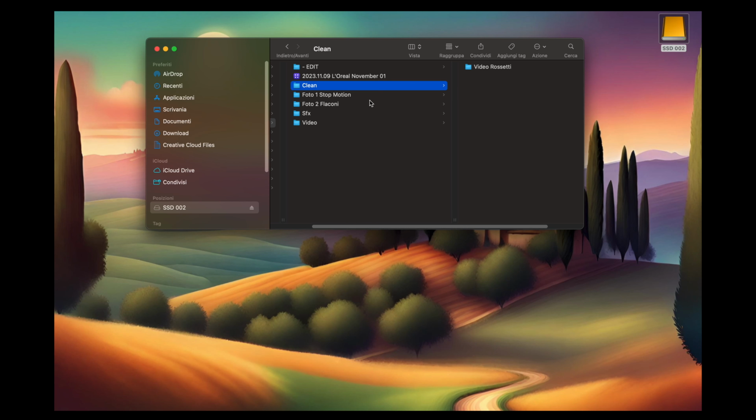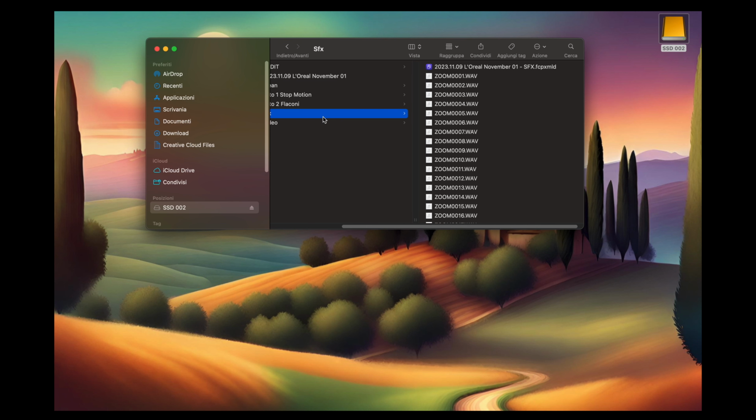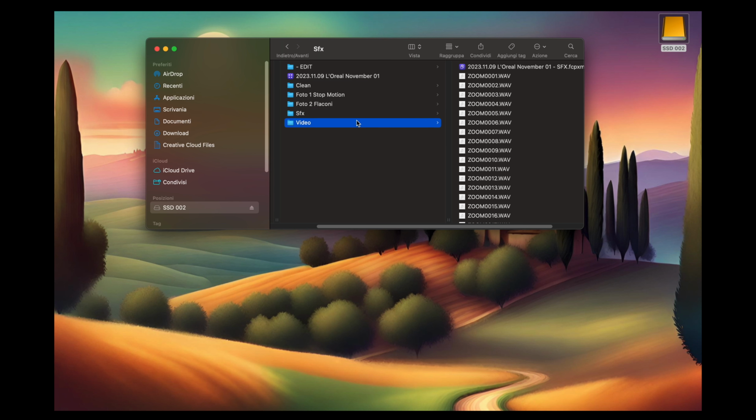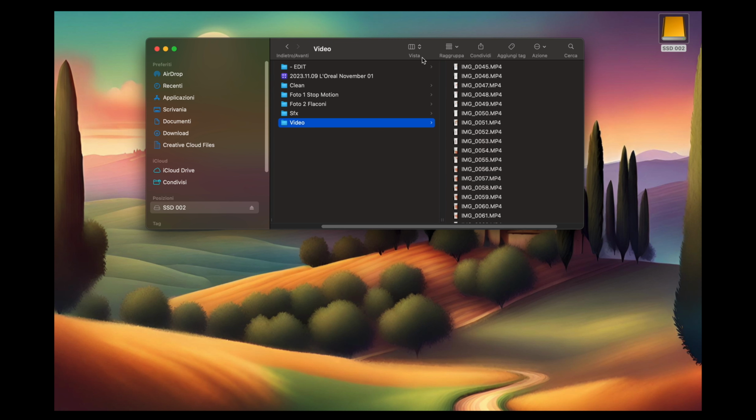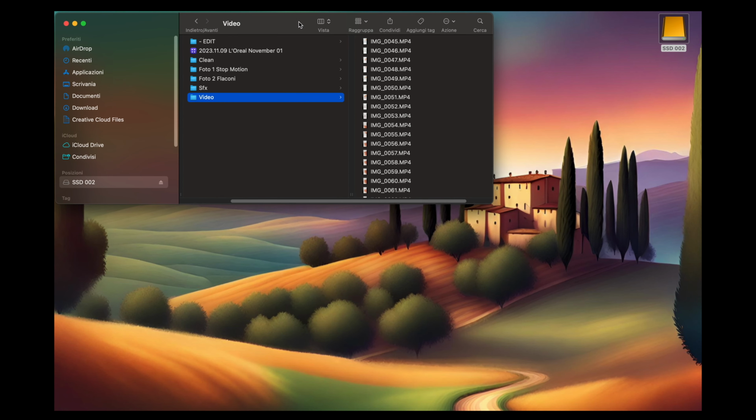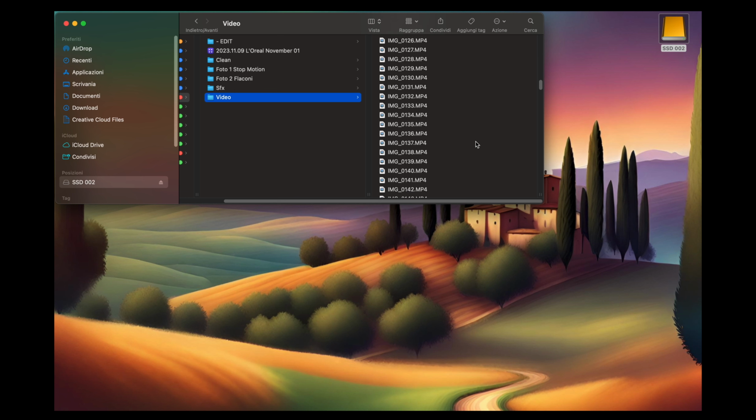I like to keep a good order inside my file with all the footage, like this is the sound effects that we recorded. This is all the video footage. I want to show you a bit of my file here because it's important. So here you find all the footage we created